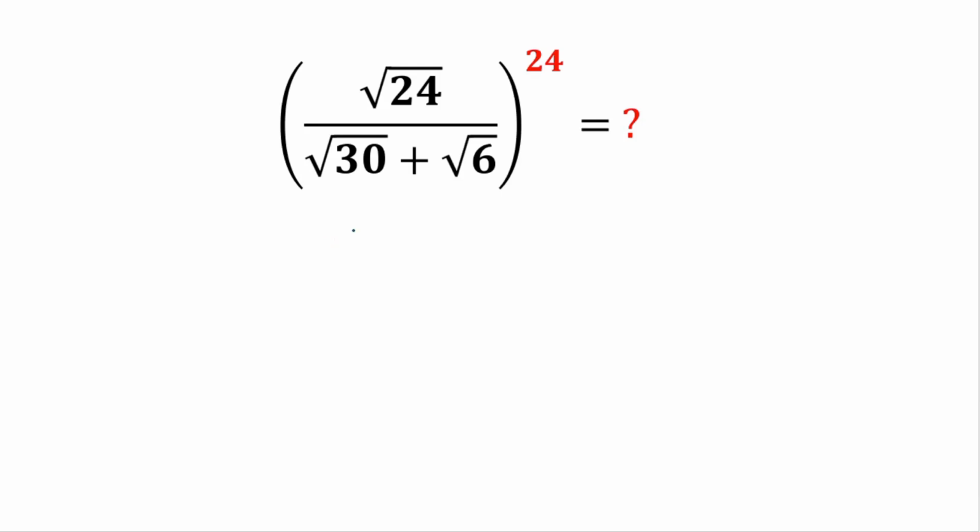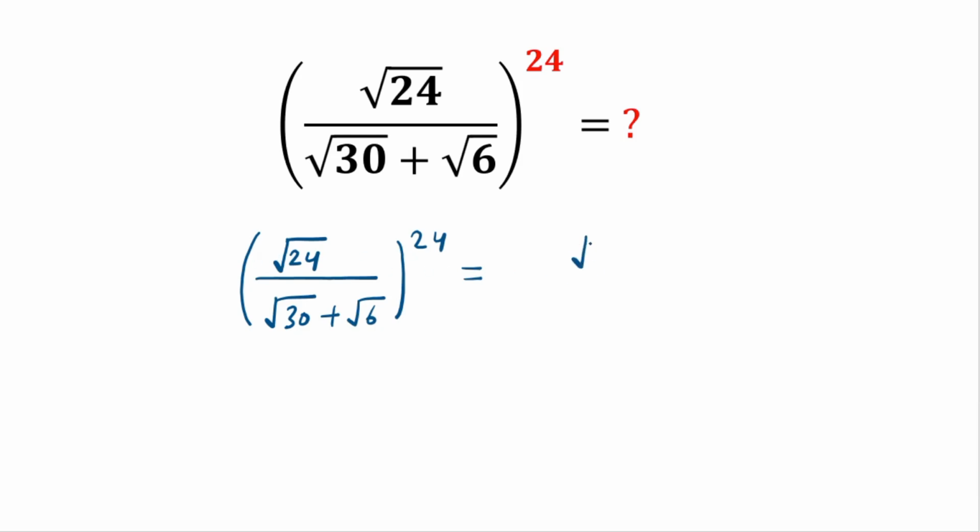Hello students, in this video we are going to simplify a nice radical problem. Here we have (square root of 24 divided by square root of 30 plus square root of 6) bracket whole power 24. Here square root of 24 divided by square root of 30 plus square root of 6 bracket whole power 24, and this is equals to square root of 24 is same